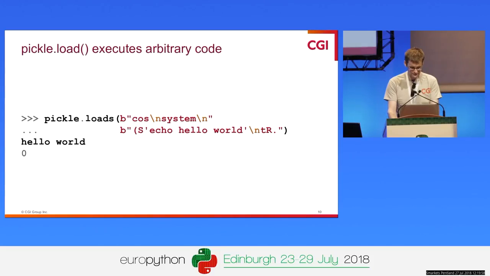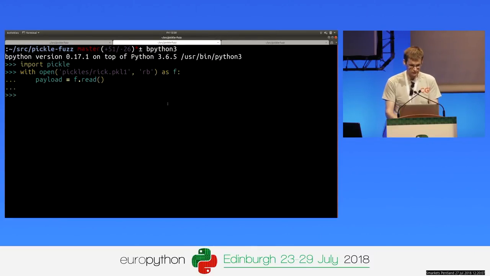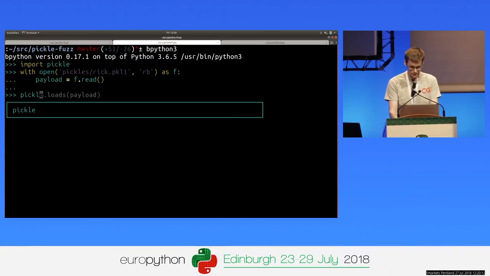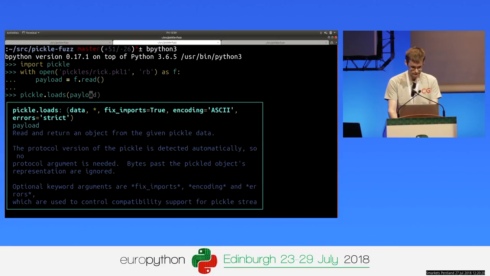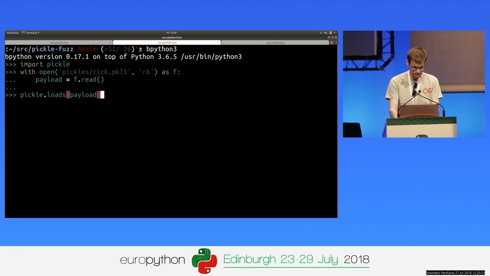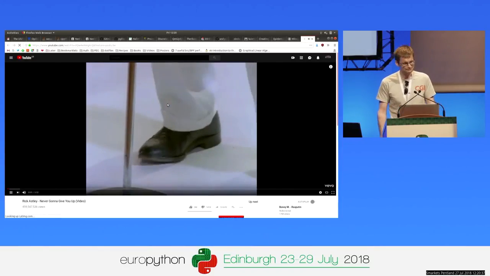Just to give a quick example of this, my colleague Rick has sent me a pickle to try. Let's load Rick's pickle. I'm guessing it's some sort of joke, you know, dancing ASCII, something, I don't know. No, wasn't expecting that. You see,